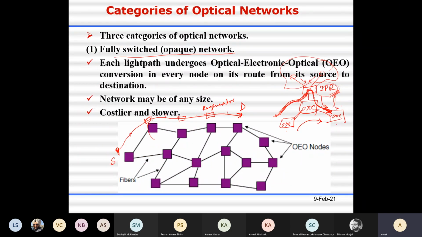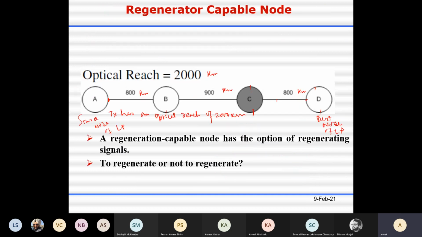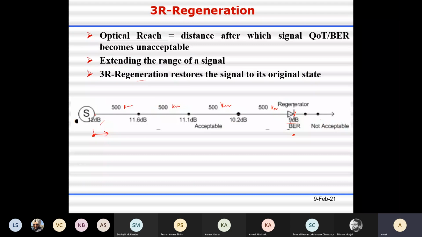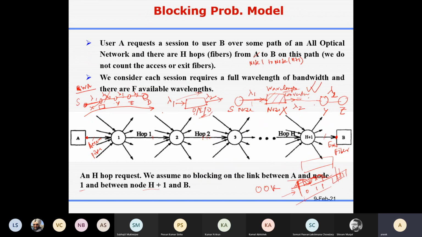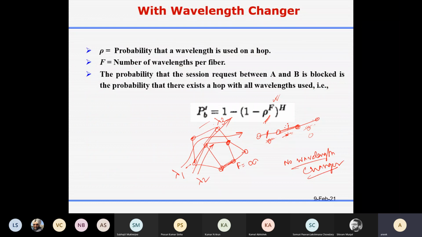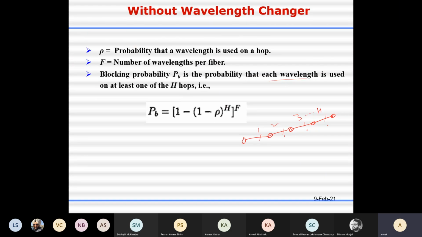So next, this coming Thursday, as we mentioned, there will be one class test. The syllabus will be from the beginning: light path setup, static light path design, then protection and restoration, then wavelength changer.